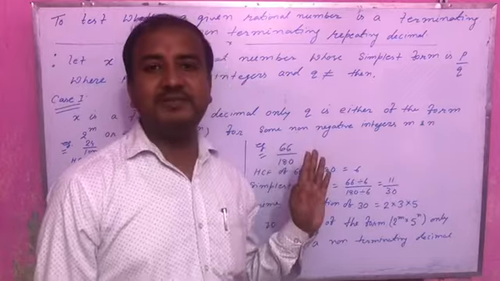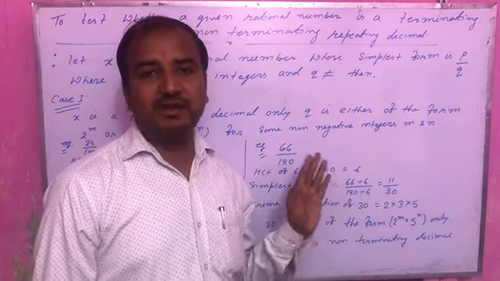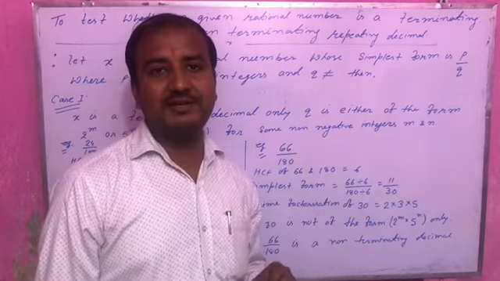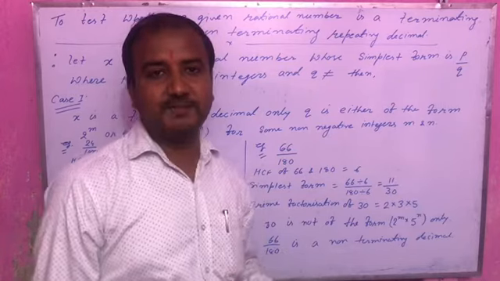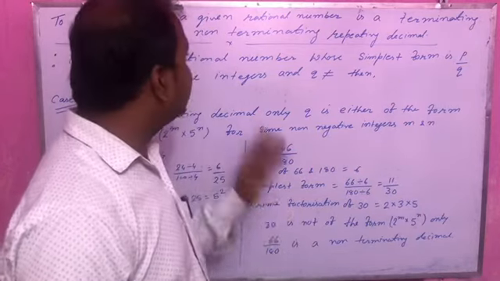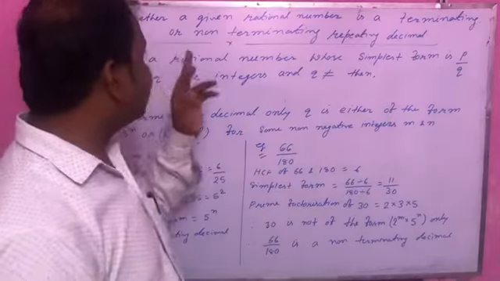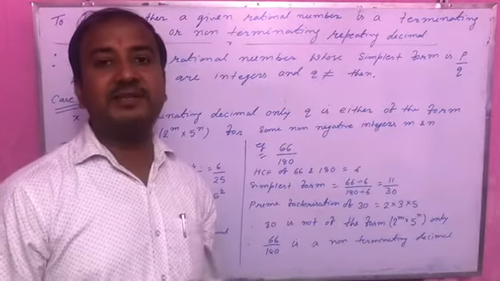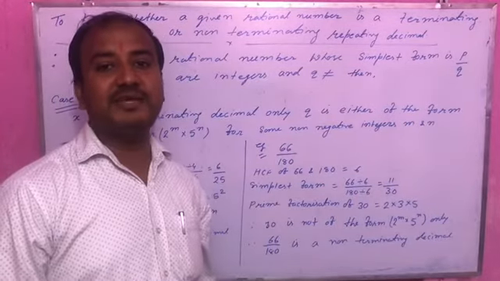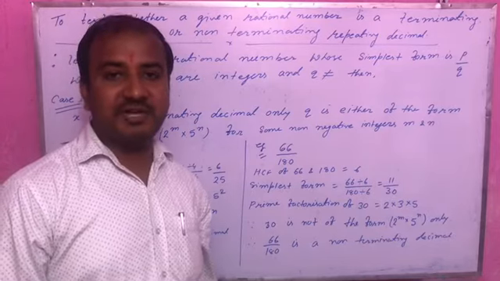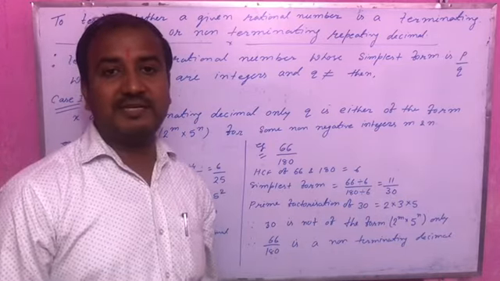The topic we will discuss today belongs to standard 9 as well as standard 10. Same topic. Today we will discuss how to test whether a given rational number is a terminating decimal or non-terminating repeating